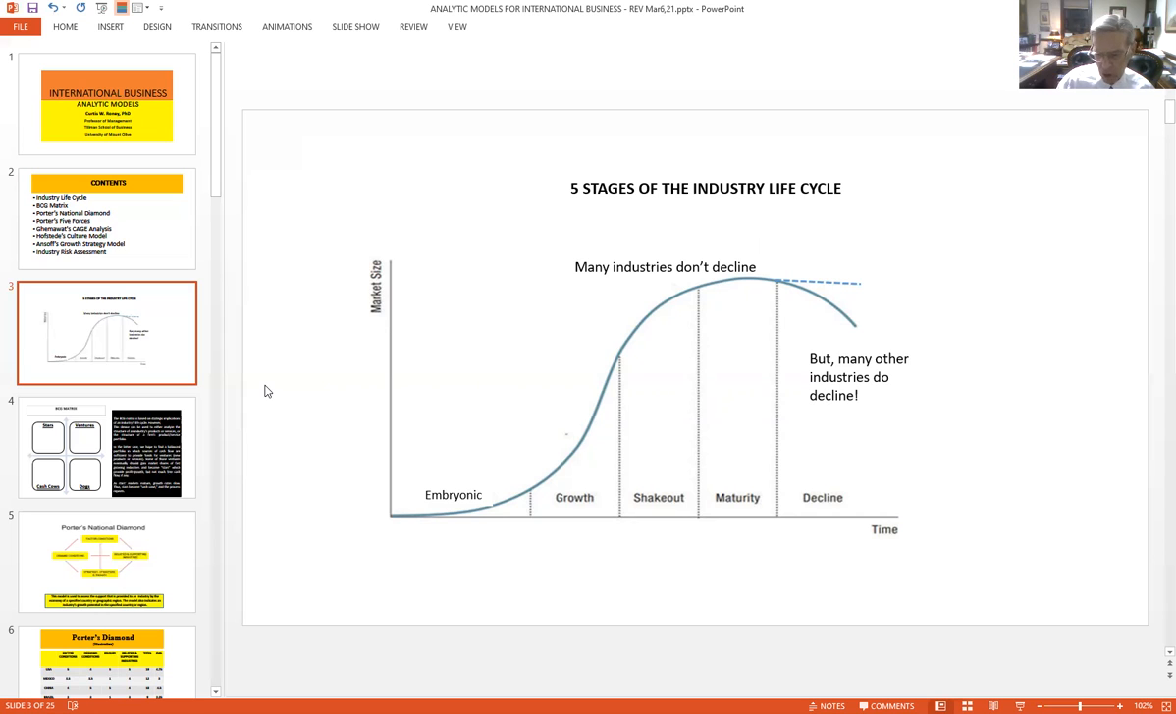So many industries, when they reach maturity, they just stay there. Okay, so now what you would like to do in your work is determine what stage the company that you're